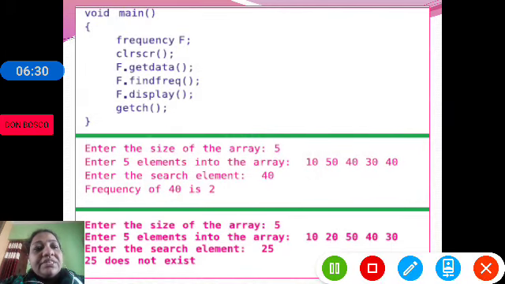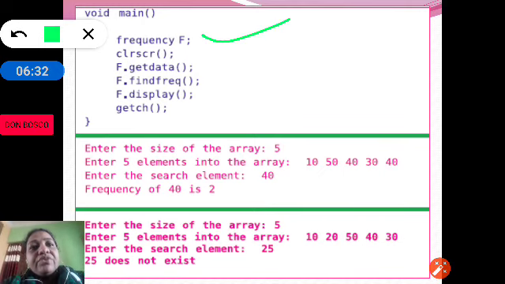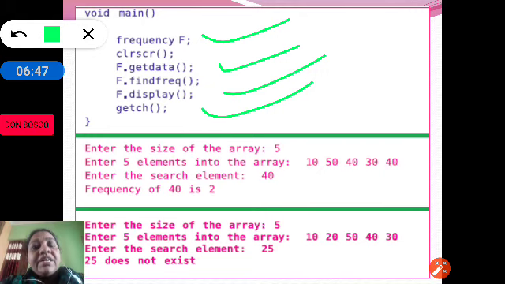Here frequency f means we are creating an object for the frequency class. First get data will accept the data, then find freq will find the frequency of the given number, and display will print how many times that element has occurred.